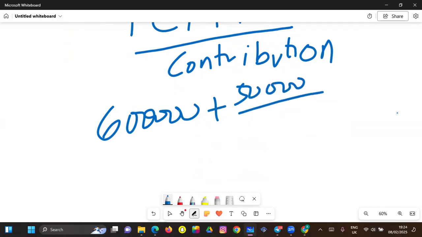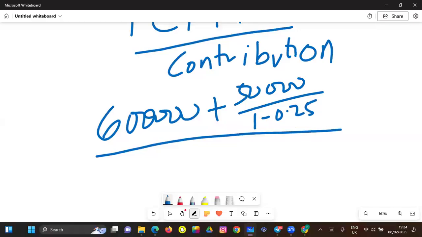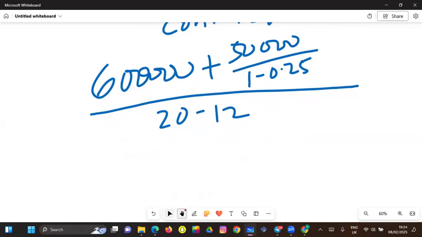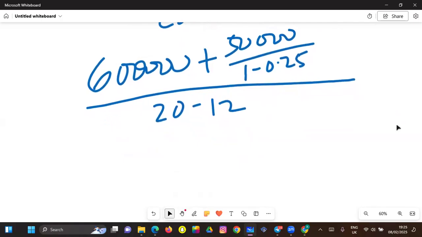Then let's say the tax rate is 25%, which is the normal company corporate tax rate. So 1 minus 0.25, right? All over the selling price, which is 20 minus 12, right? So when we do this, we are going to get